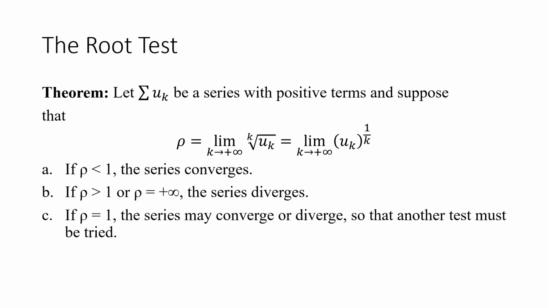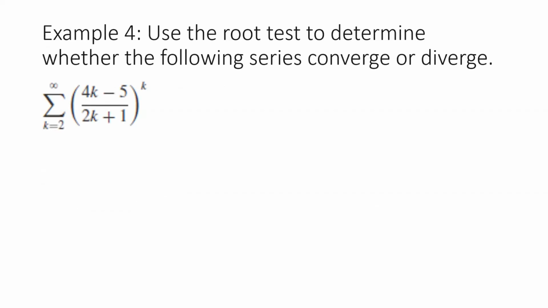So another test must be tried. Okay, so let's have an example. Use the root test to determine whether the following series converge or diverge. Number one, you have the summation of the quantity 4k minus 5 all over 2k plus 1, raised to k, from 2 to infinity. In this case, the series actually diverges. To show that, for our solution, rho is equal to the limit